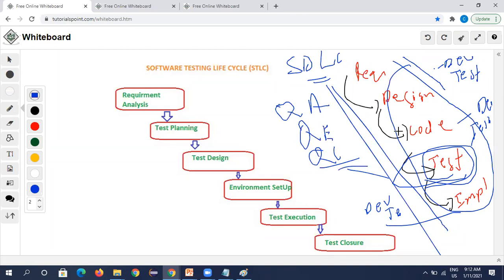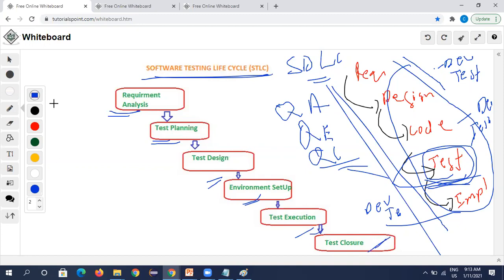Okay, so in the testing phase we have different phases. This also has a big process. Same as SDLC, in STLC we have the requirement analysis phase, test planning phase, test design phase, environment setup phase, test execution phase, and test closure phase.